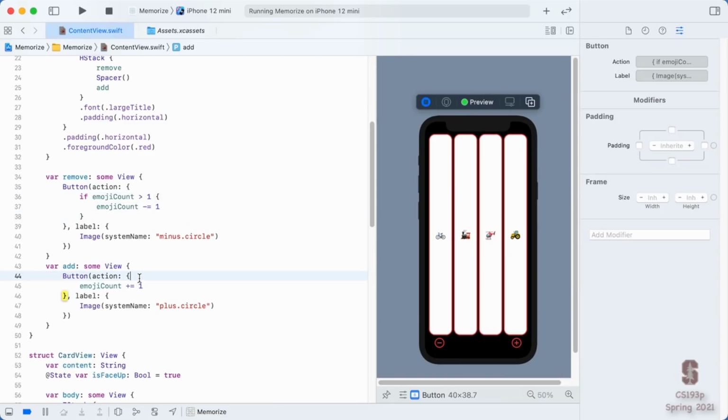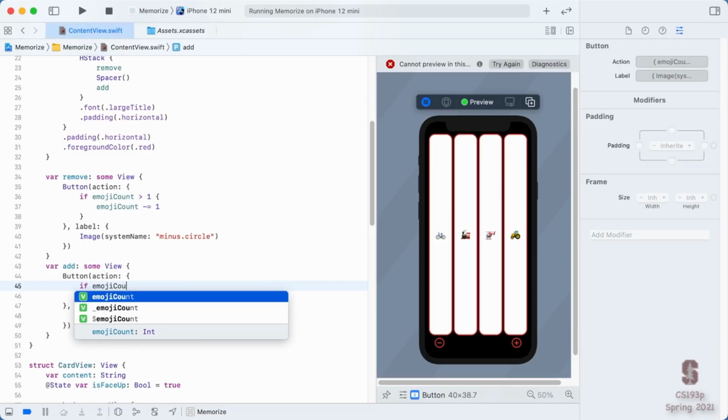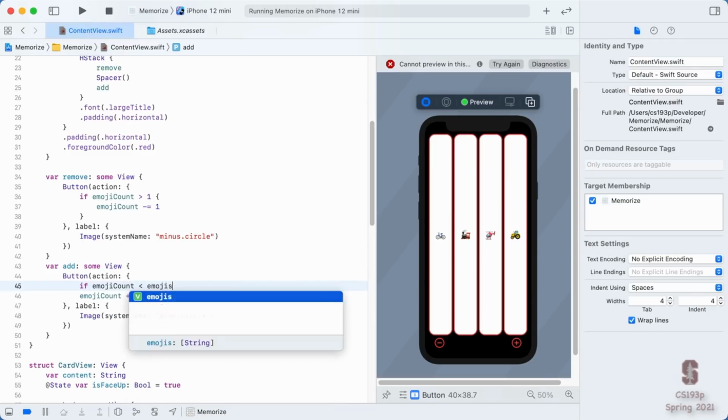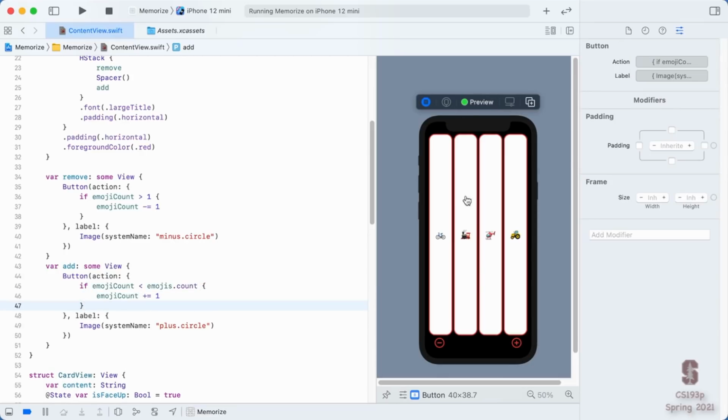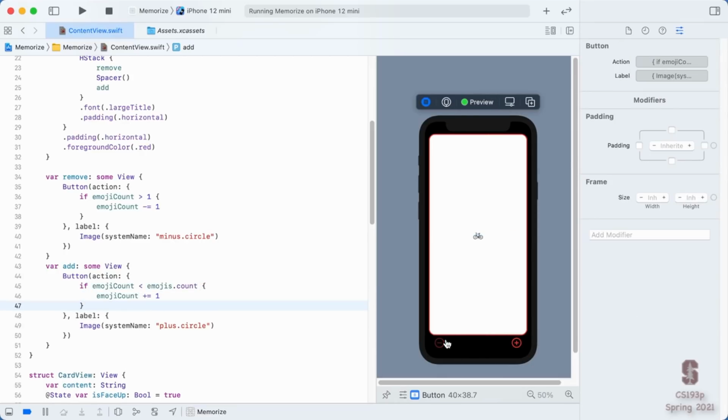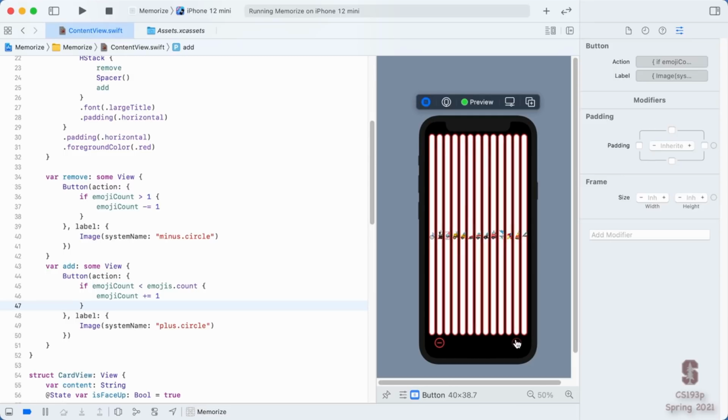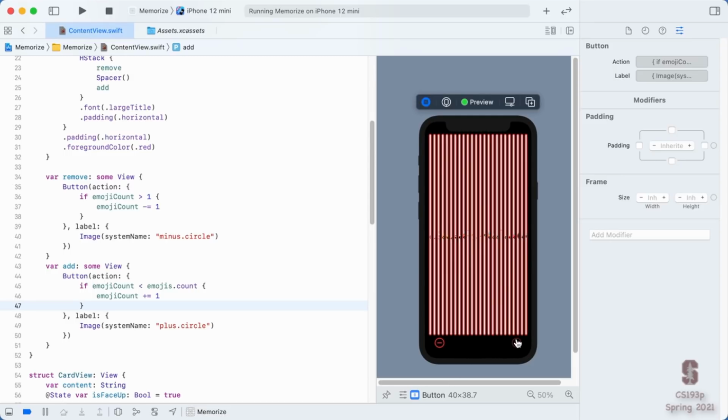And here we'll say if emoji count is less than emojis.count. Emojis.count is just a var in an array that says how many things are in that array. Now, when we're over here and we do minus, minus, minus, it won't let us go more minus than that. And plus, plus, plus, plus, plus, plus won't let us get to more than 24 of them over here.